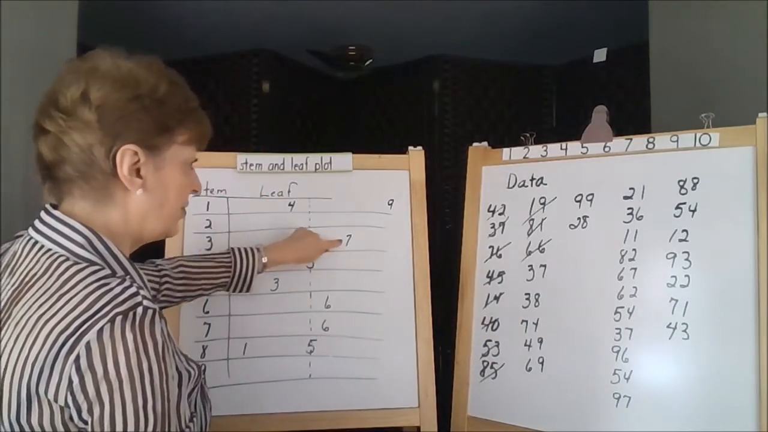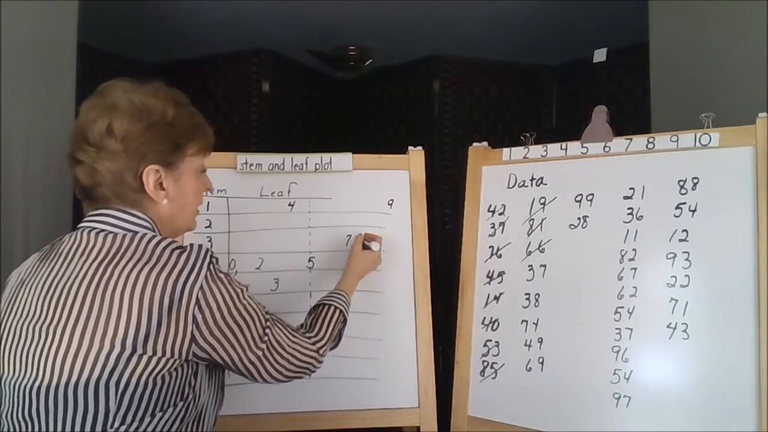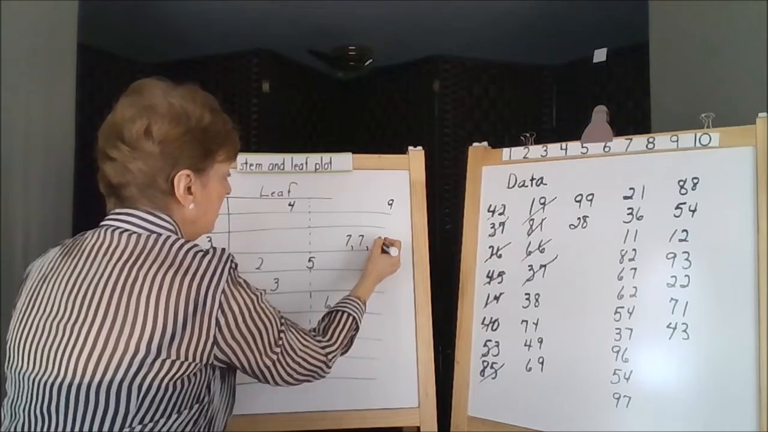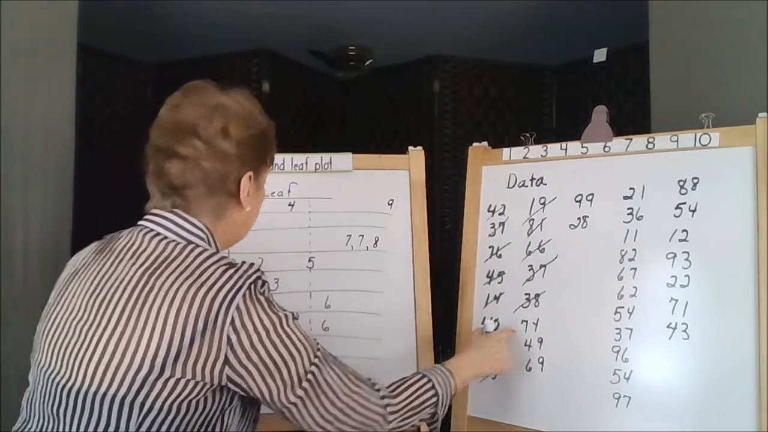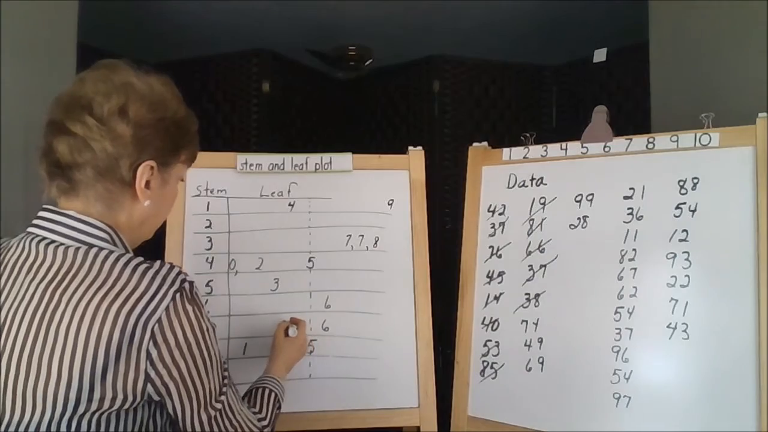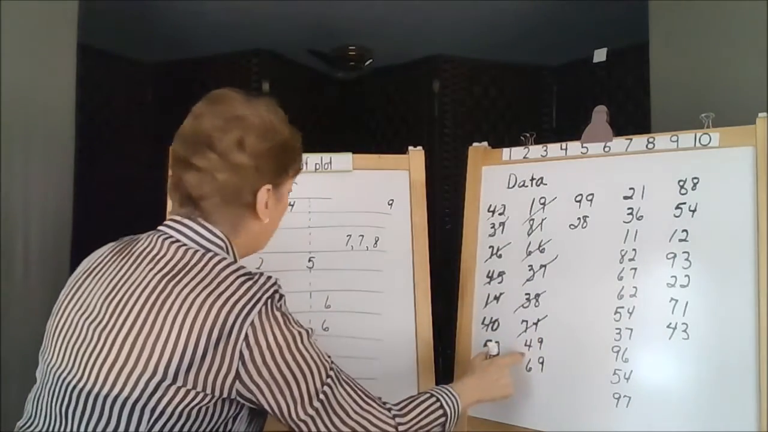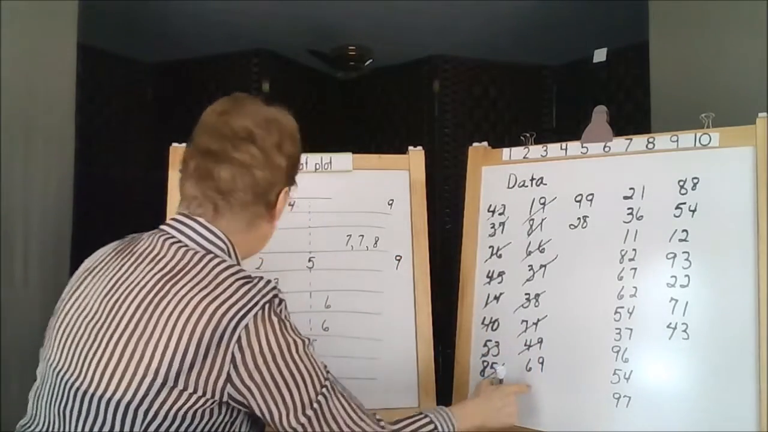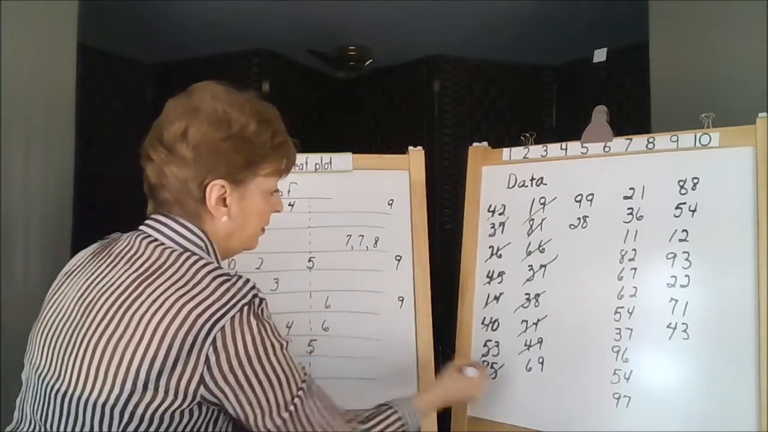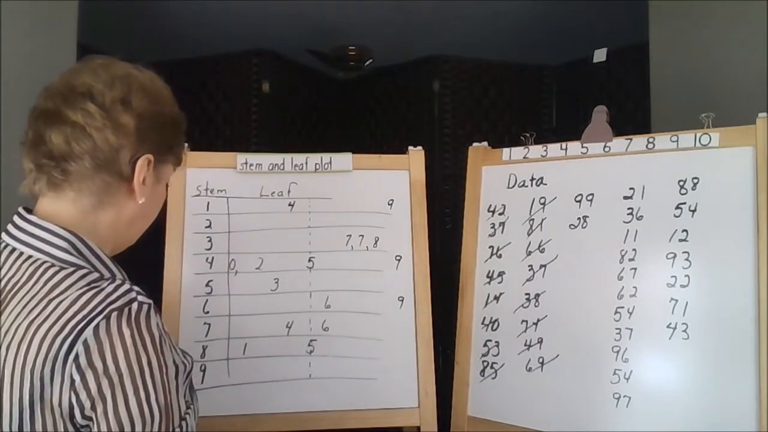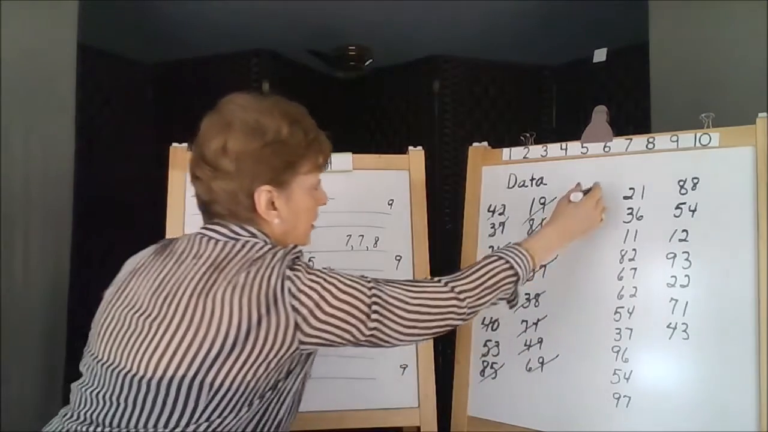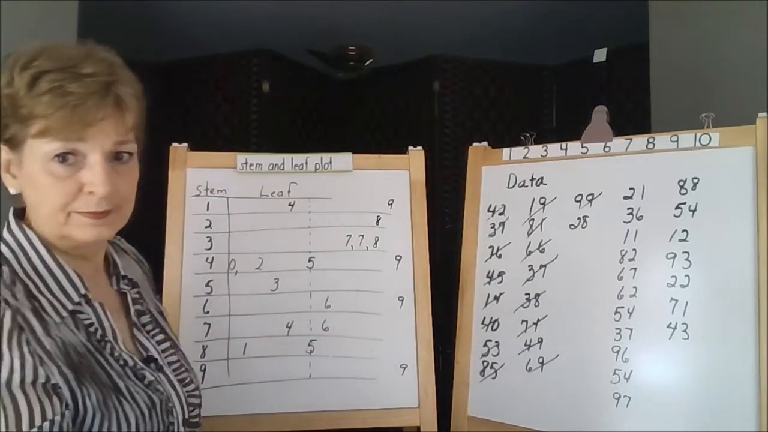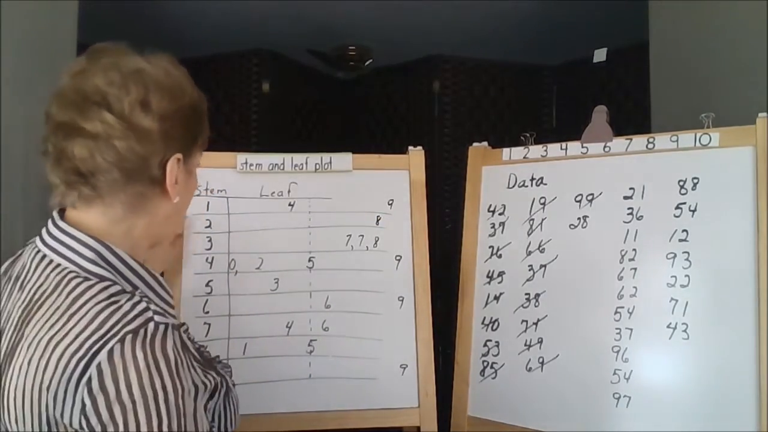37, I already have a 37, but here's another one. So I'm going to put a little comma between that. 38, stay with it. 74, about there. 49 into the 40 stem and over here to the 9. 69, way over here. 99. 28. You see what's happening with this? If I keep going,